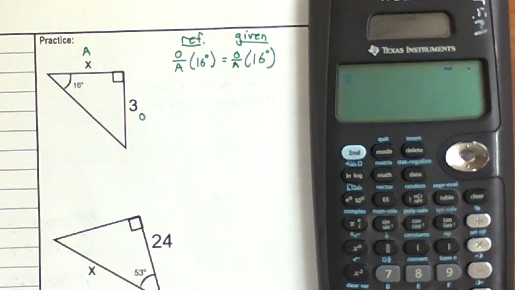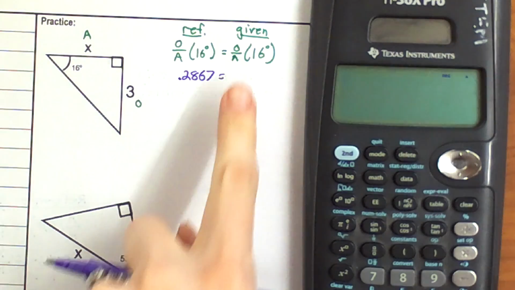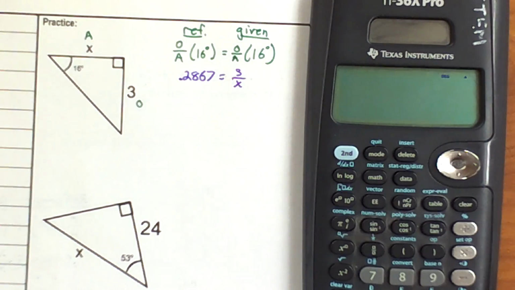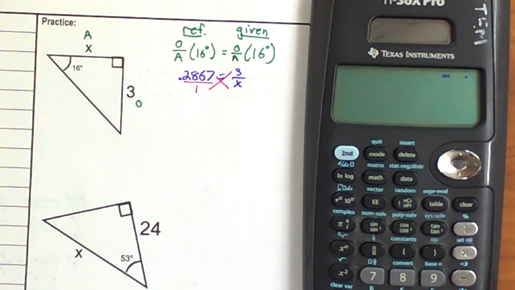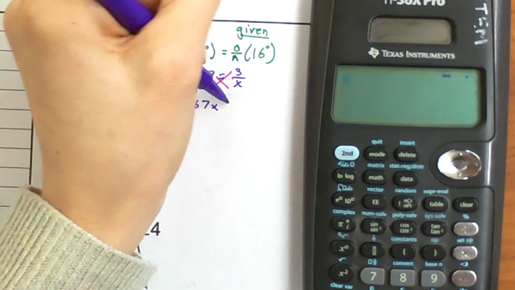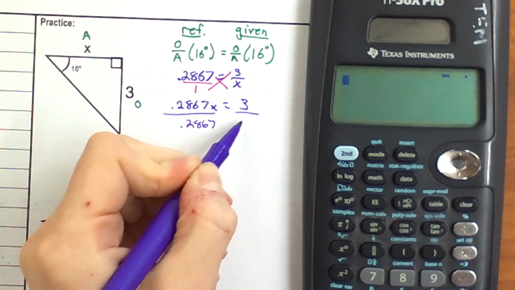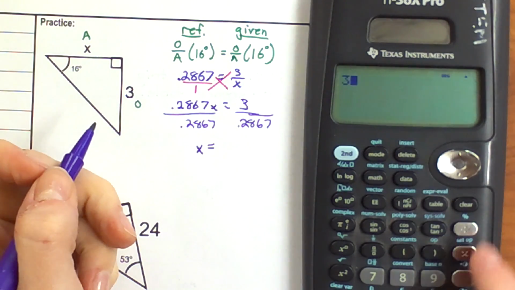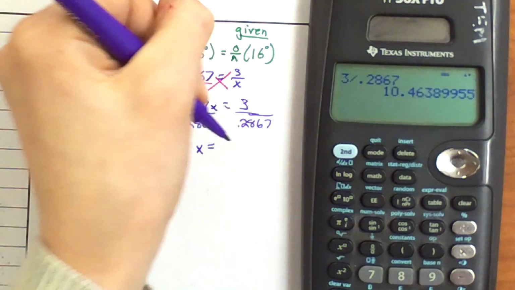0.2867. And then O over A, so we have 3 over X. I'm going to add my 1 as the denominator so I can cross multiply. So we get 0.2867x equals 3. I'm going to have to divide by 0.2867. So x equals 3 divided by 0.2867, and I get this long number